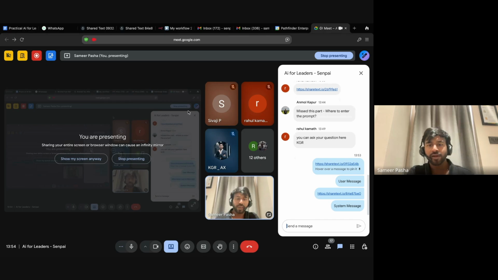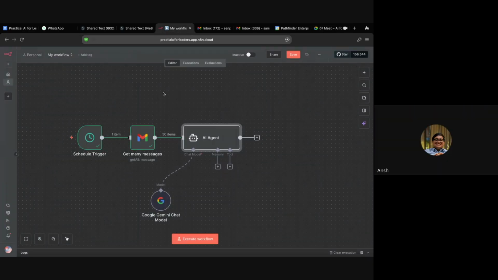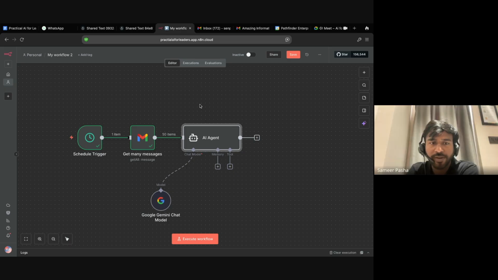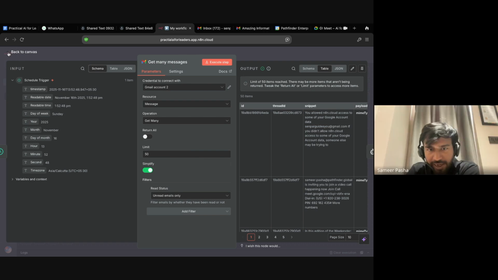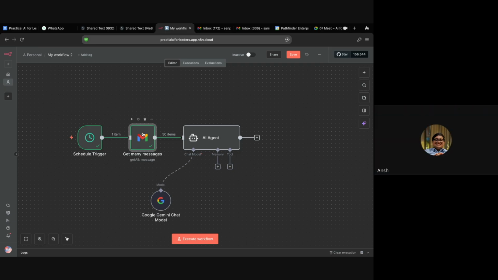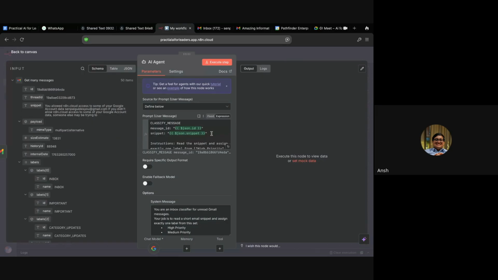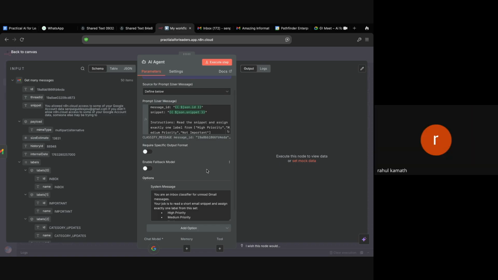Could you just show the parameters again, please? Not the Gmail one. Basically, what did you configure the AI agent with? I'll come there, just copy paste for now. I'll walk you through line by line what is there in the prompt. Where does the first text you shared go? Does that go in the AI agent, in the user message? The second one goes to the system message.